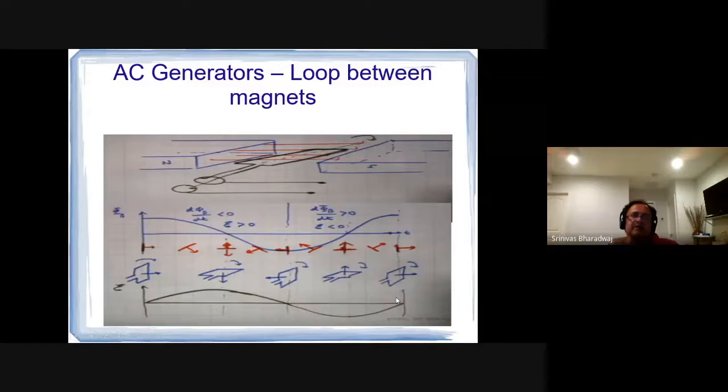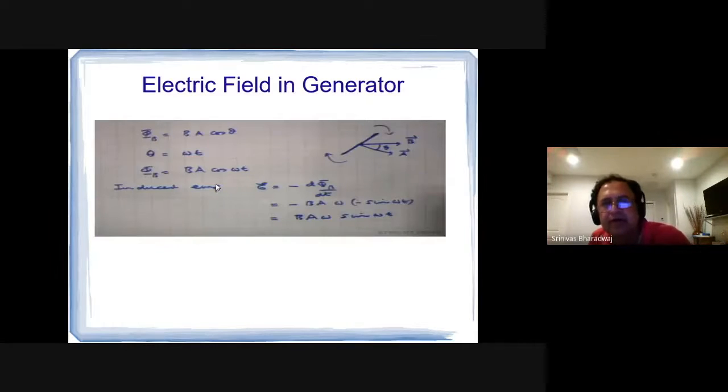So you have two magnets, and in between the two magnets you have a closed loop which is rotating. As the closed loop rotates, you have an induced current in that closed loop, which is then connected to a circuit. This is how a dynamo also works, and therefore you end up with this BA d theta by dt, which is the same as omega, and sine omega t, where theta is omega t. That is the basic idea behind the generator.